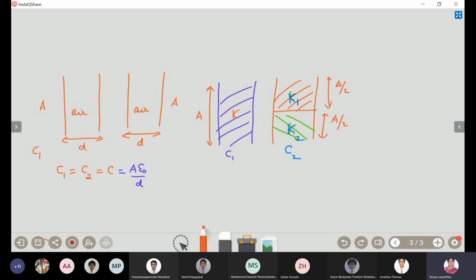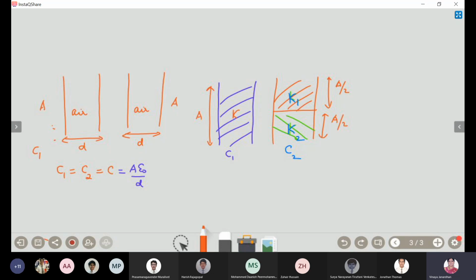Now, how are you going to do this? In capacitors, the only thing you have to understand is, if the space between the plates is filled with a dielectric medium of constant K, the capacitance of the capacitor will increase by K times. Boys, if in an air-filled capacitor I completely fill it with a dielectric medium, the storing ability of the capacitor will increase by what amount? By the dielectric constant times.